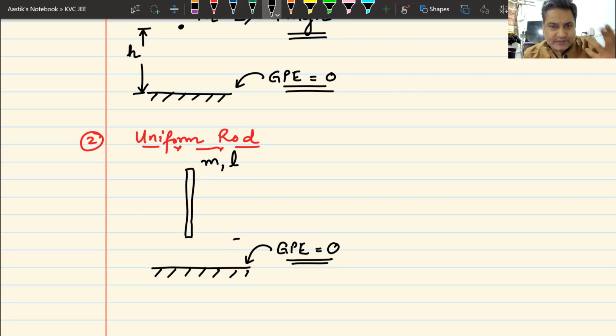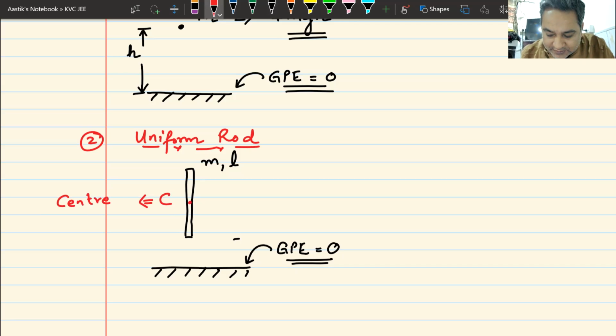Obviously, your answer would be, sir, you should know the height of some point. Now, as you can see, this rod has an infinite number of points on it. Which point should I give you the distance or height? Let us take one particular point here. Center of mass. Yes, the center of mass. What do you mean by the center of mass?